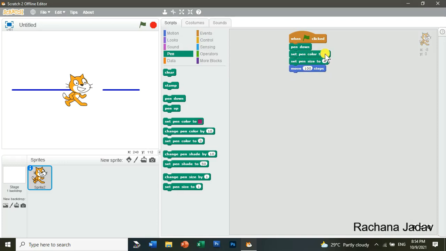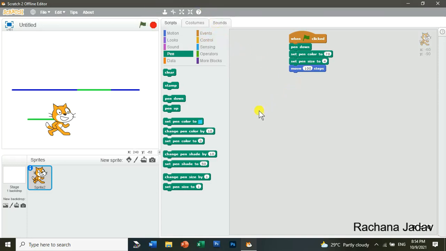Like pen color के लिए 0 is for red, 70 is for green, 130 is for blue and 170 is for magenta and the color ranges from 0 to 200. Okay, तो मैं यहाँ देना चाहती हूँ 70 because I want green color. Okay, and now I will just start. You can see कि green color में वो change हो गया. I'll just change the position of the sprite. Okay, so yes, this way you can do it.